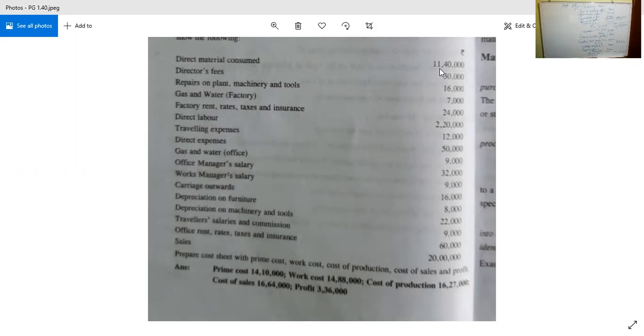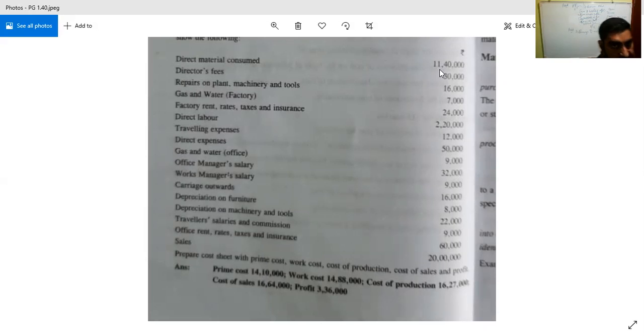From this, which expenses need to be added? We need to add selling and distribution overhead for calculating the total cost or cost of sales. So we will calculate the total cost or cost of sales, taking all the items except sales, that is, whatever items relate to selling and distribution overhead. So that we will look into. Add selling and distribution overheads: